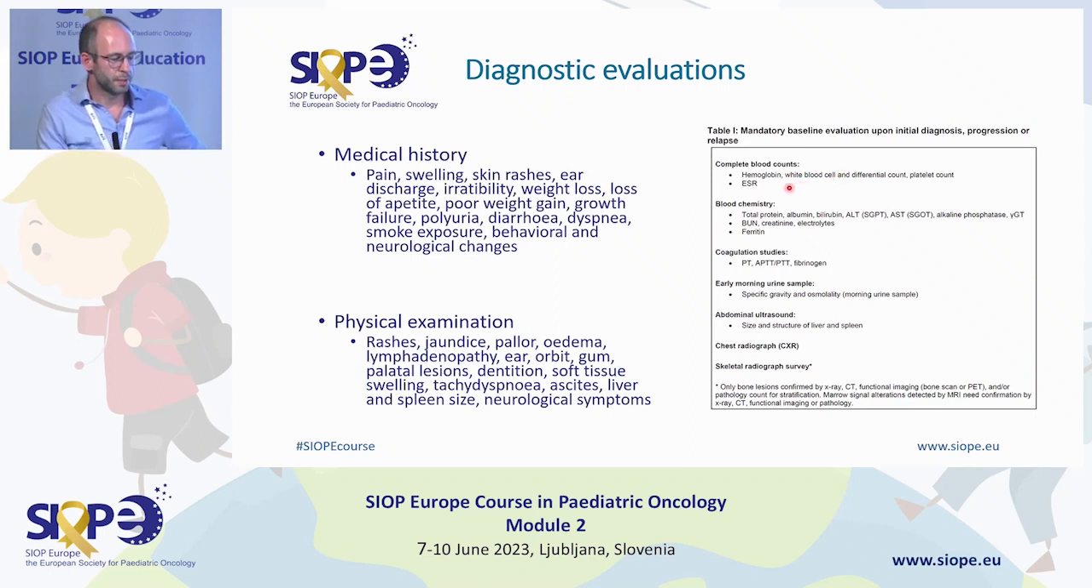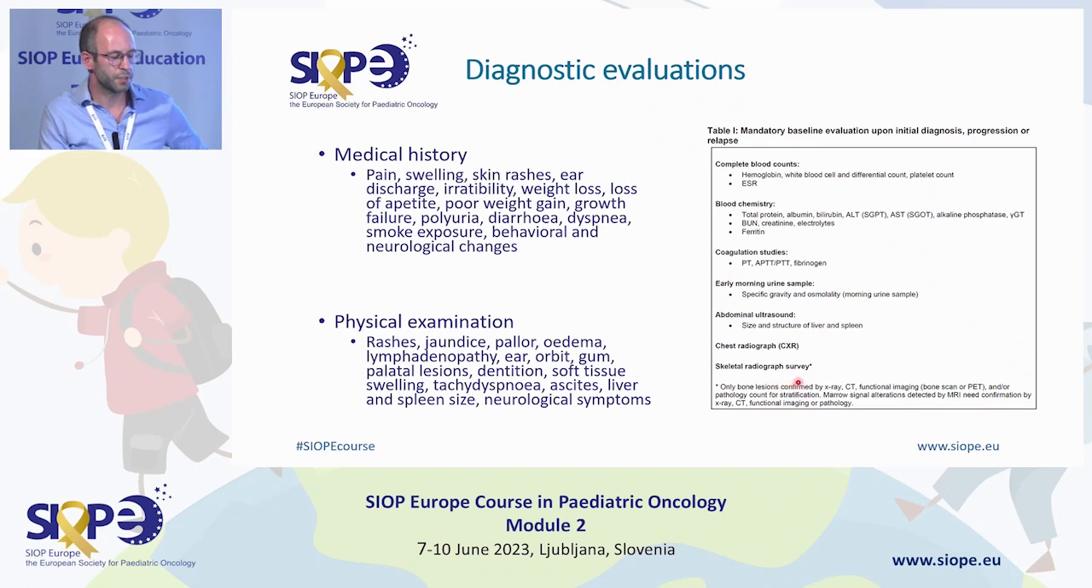In baseline evaluation, we assess the blood count, the hemoglobin, and white blood count with differential, the erythrocyte sedimentation rate that corresponds to the activity of the disease, and the blood chemistry. We focus on liver enzymes, ferritin to rule out macrophage activating syndrome, coagulation studies with fibrinogen, and the screening test for diabetes insipidus, that's early morning osmolality, to see if the patient is unable to concentrate his urine. Abdominal ultrasound, we ask for liver size and structure of liver and spleen, and chest radiograph